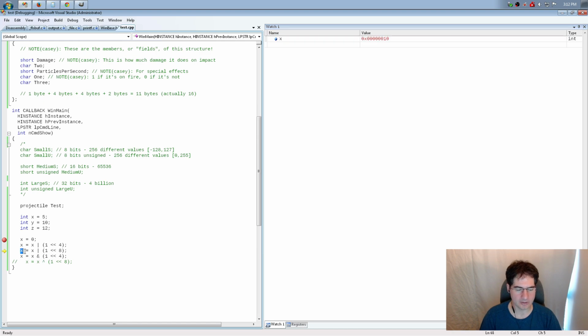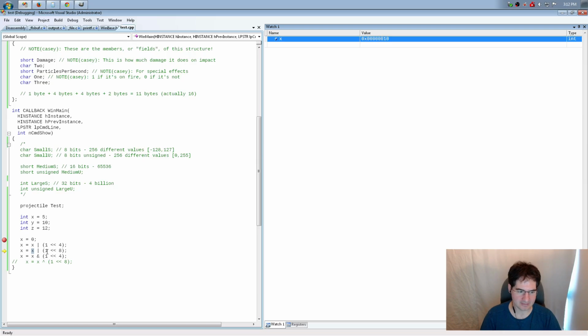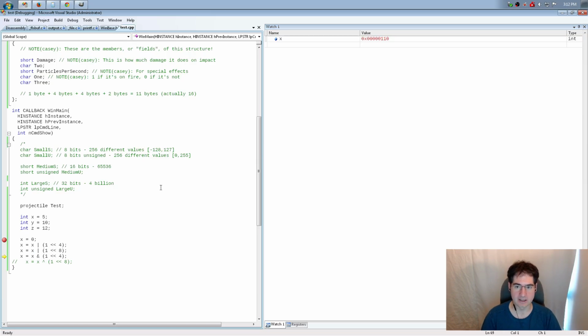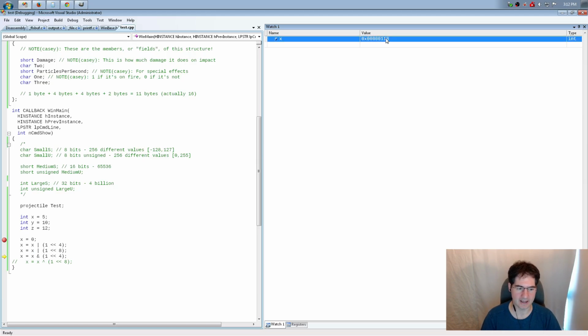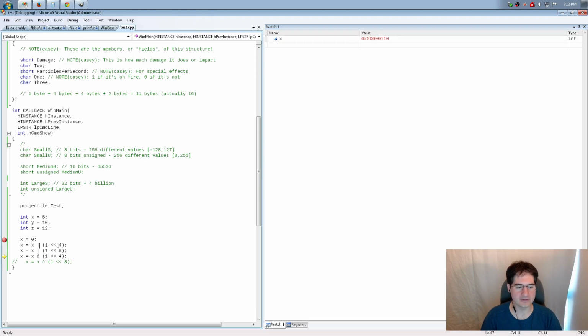Now what I'm going to do is OR again with 1 shifted up 8. So that's a 1 in this place. So I'm going to OR these two together. And so it will keep the x, which is set, it'll keep that bit set, and it'll set the next bit as well, right? And now you can see there's two 1s, they both got set. So OR basically just combines all of the set bits. Any bit that is set in either of its two operands, it sets in the result. So it's a way of combining things together. It's an OR. This or this.